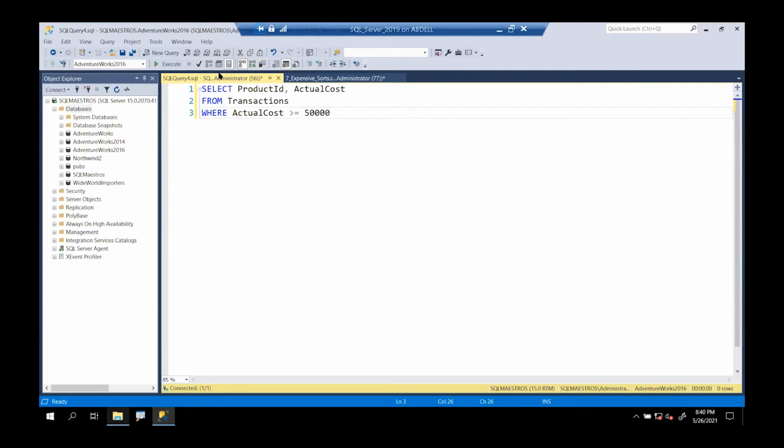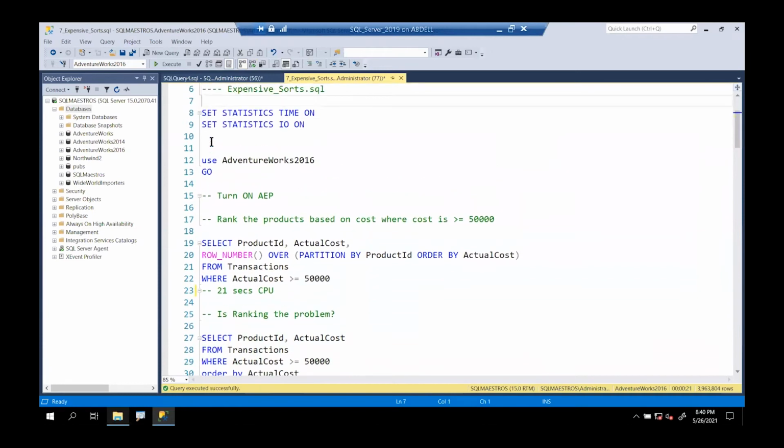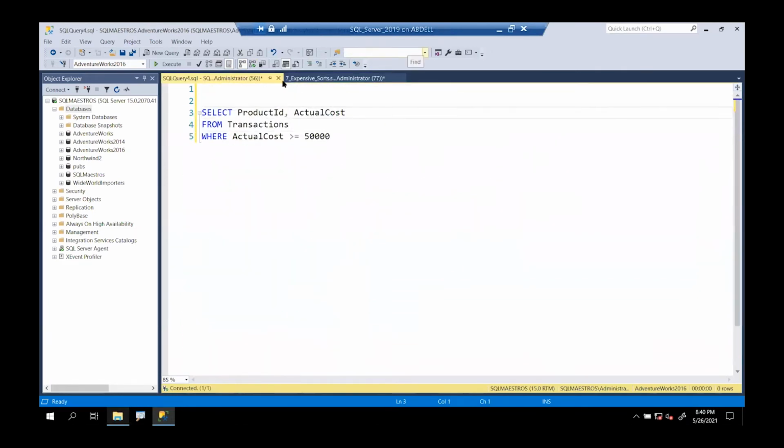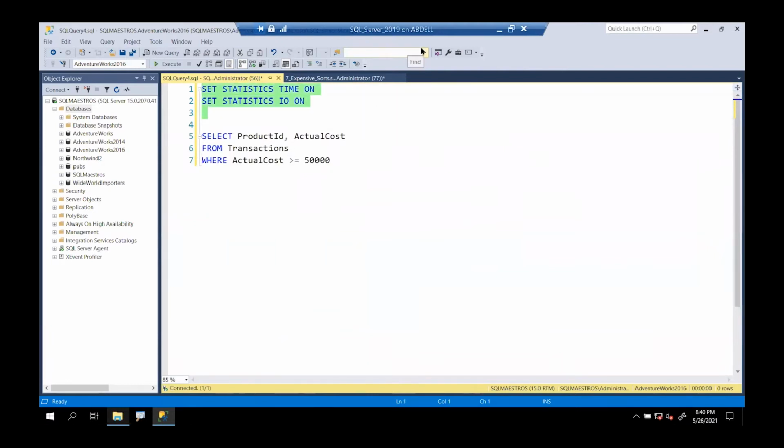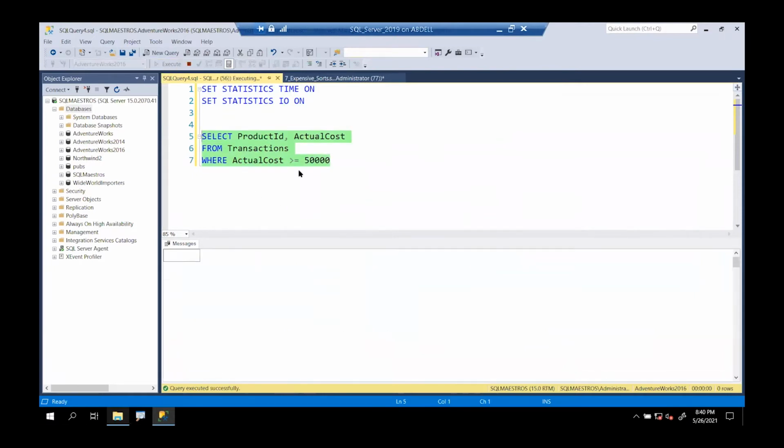And let's put this into a new window and look into how much time it takes without the order by clause. So I'm going to turn time and IO on here, execute, and turn on actual execution plan, and now run this simple query even without the ranking function, and remove the order by clause. Let's see how much time this takes. So if I execute this,